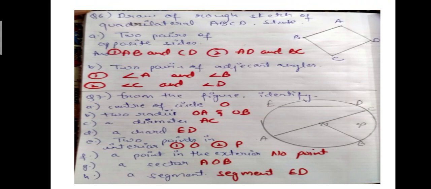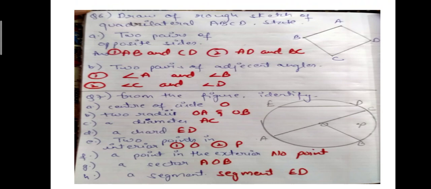ठीक है, अब suppose you have taken line AB, तो AB line पे जो दो angles form होंगे वो angle A होगा, angle B होगा. Then these two angles will be called adjacent angles. So in this particular figure we have to name two pairs of adjacent angles. So angle A is adjacent to angle B. Why? Because both these angles are lying on the same line. And angle C is adjacent to angle D. Why? Because angle C and angle D are lying on the same line. So these are the two pairs of the adjacent angles.